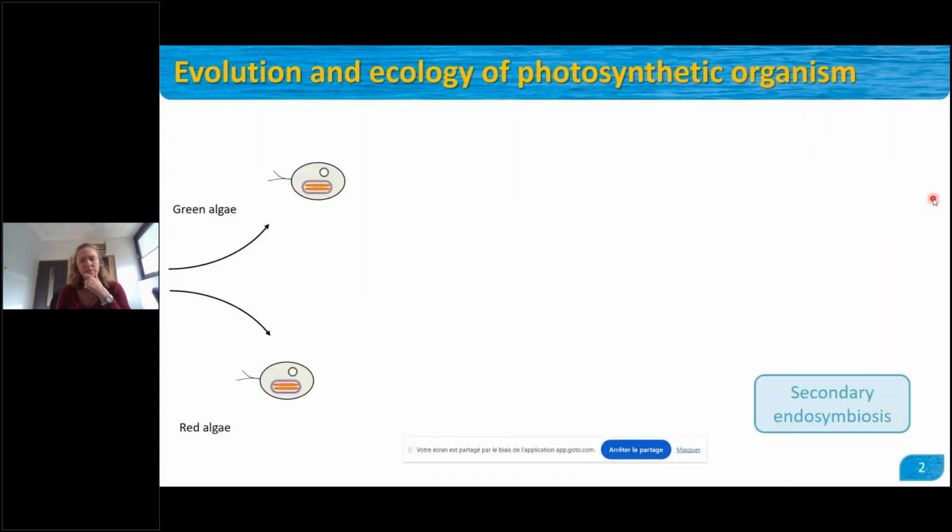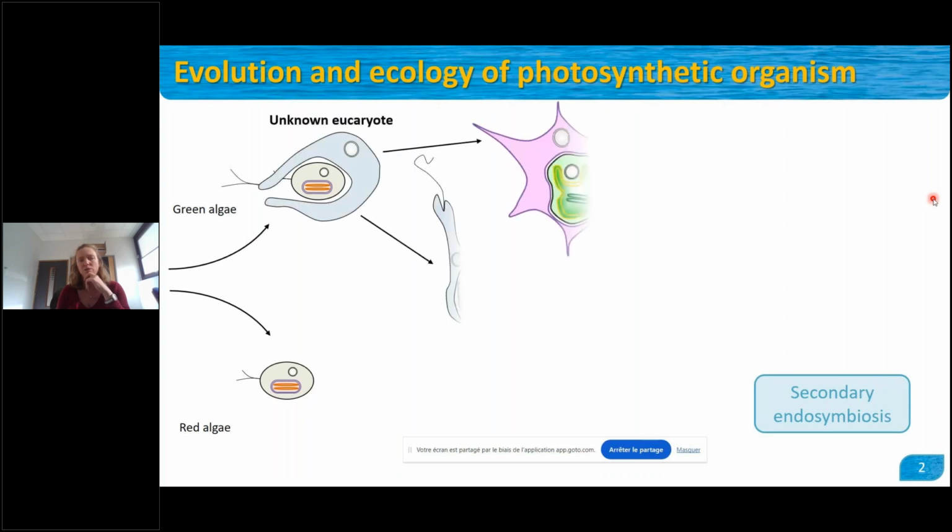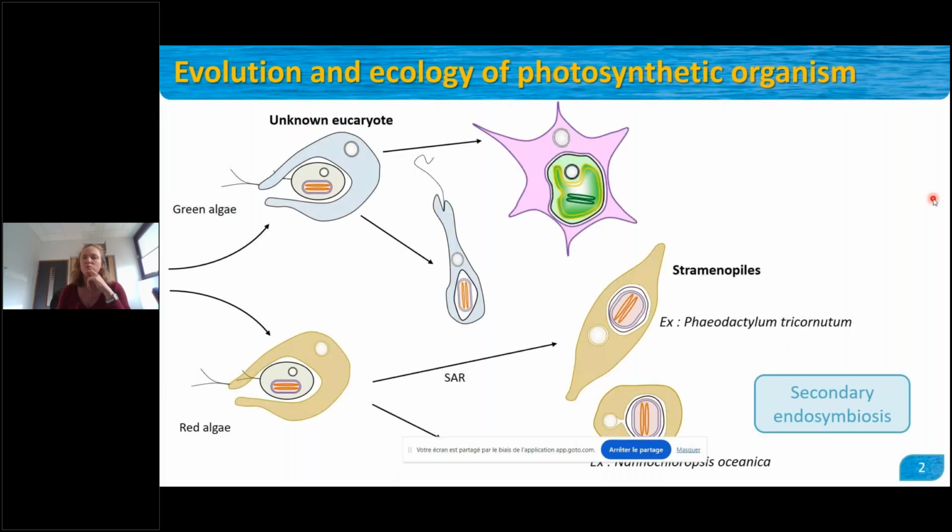This secondary endosymbiosis event occurred more than once in evolution, and it can occur on green algae or red algae that are engulfed as well by unknown eukaryotes, and that gave this huge range of strange organisms, where you can have an alga engulfing a eukaryote, or an alga that is minimalized and still has just one plastid. But instead of what you have in green algae, a plastid with two membranes, you will have four membranes that surround